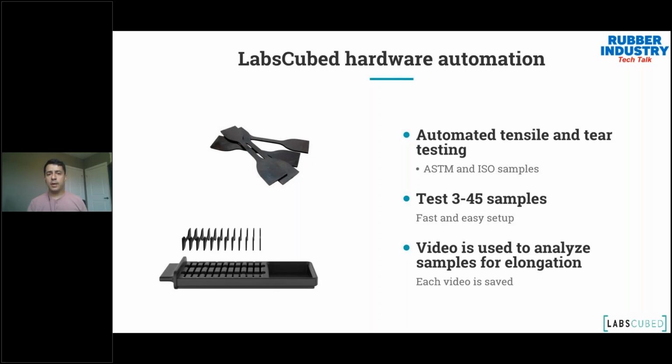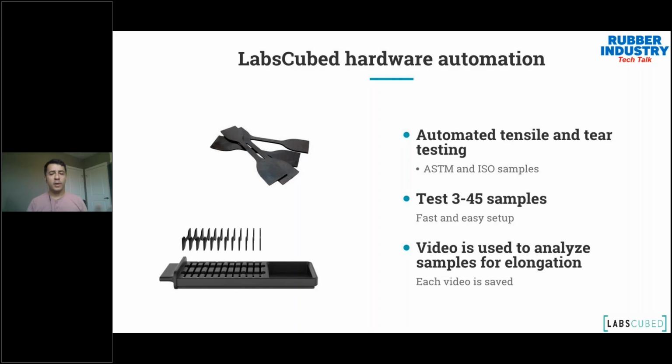We have a lineup of machines. We have a smaller machine that's able to do fewer samples, really for R&D, where you're trying to get really high consistency, but your volume isn't as much of an issue, but automation still has that benefit. And then elsewhere, the benefit of automation is that they need to run through as many samples as possible from a production point of view. So it's really easy and really fast to use.